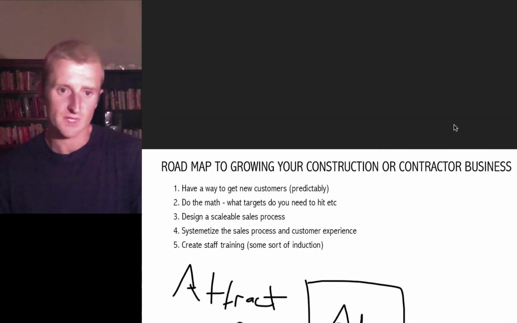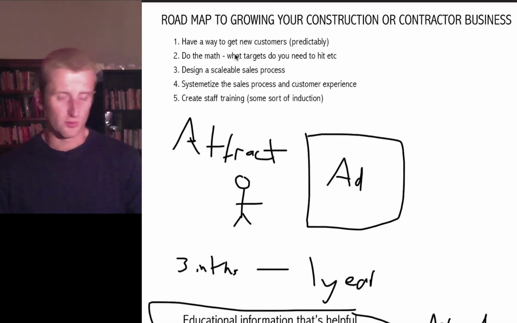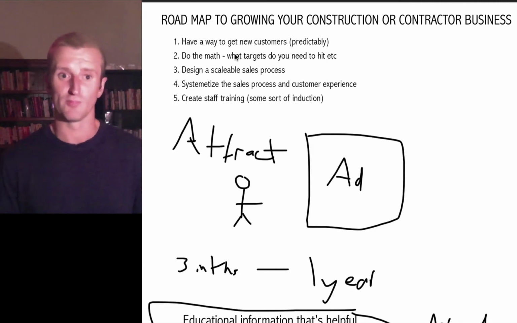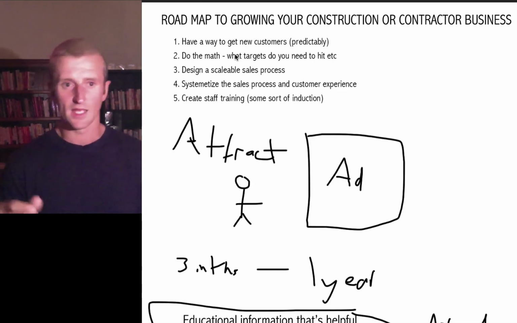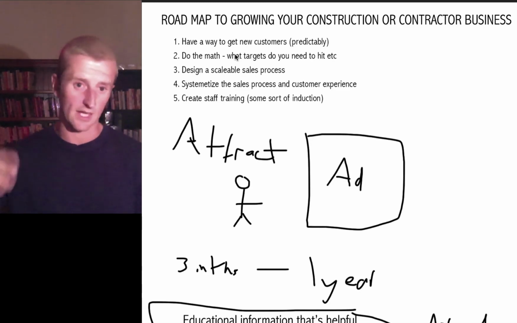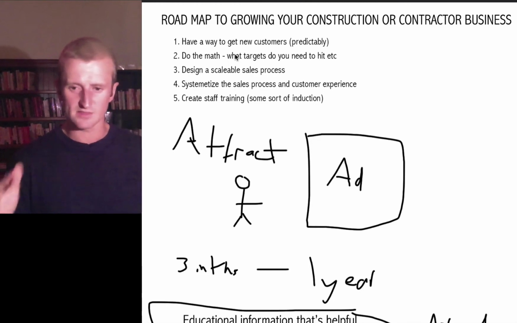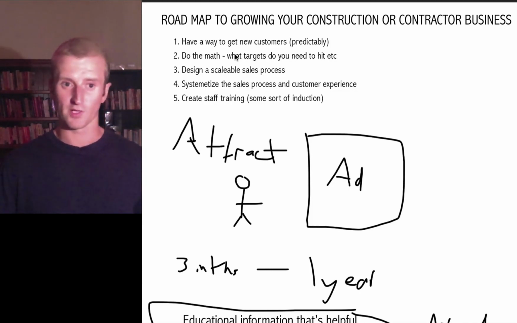So we've had a look at some new customers, and we're doing some math. Now we have an idea of what is actually a reasonable budget. And depending on your business, you have to work out how much you should be spending per month on getting new customers, in advertising or other means. How much is that? What is the process? How does that work? And does it work in a bad scenario? On a worst case scenario, does it still work? So let's have a